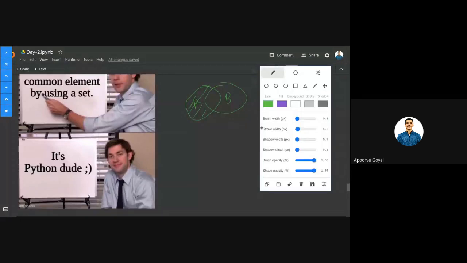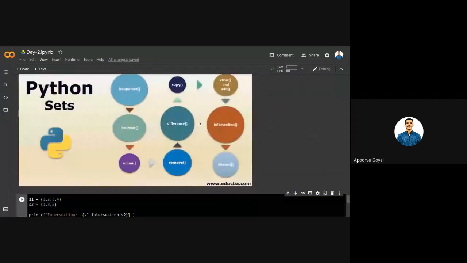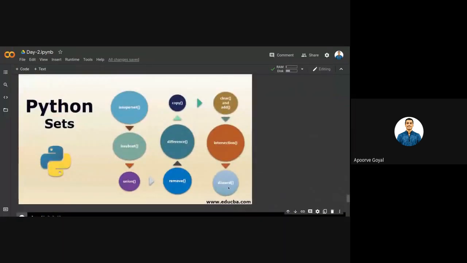What is another function we have? Remove. It will remove a particular value from the set. Then we have superset and discard, which will discard any value. There are multiple functions that you can use, and one thing you will find common, no matter whether it is C++ or Python, is that the functions used in different data structures in both languages are quite similar.